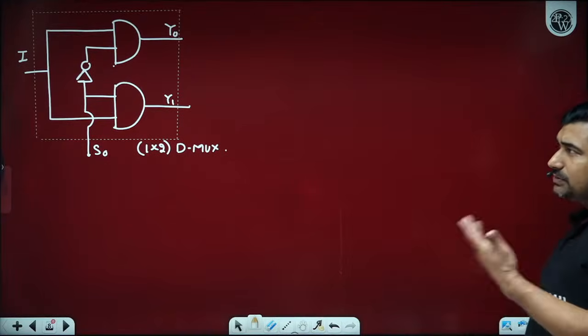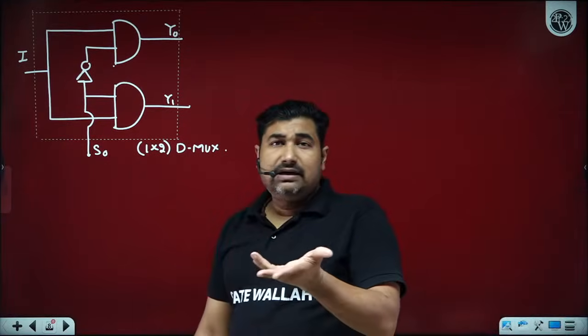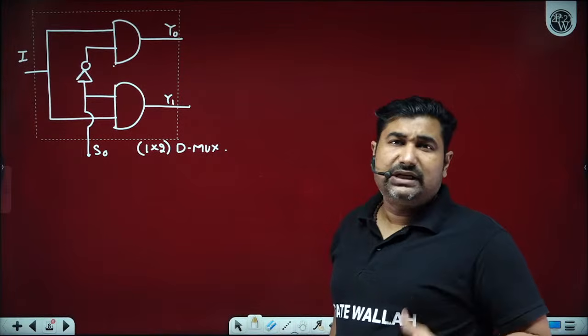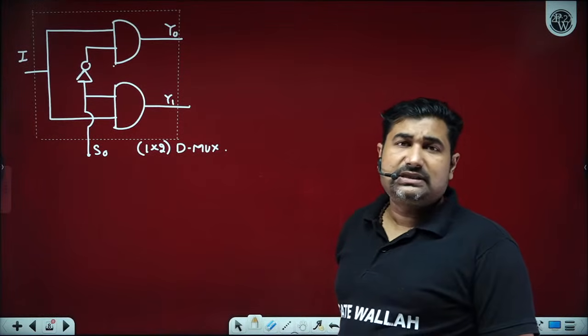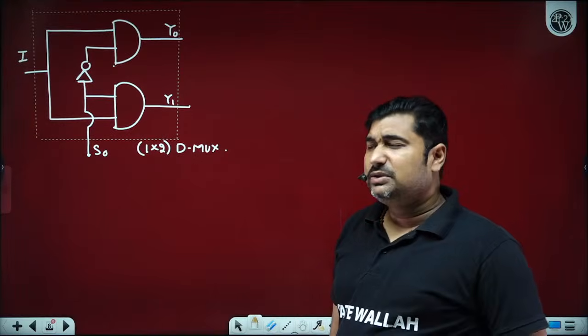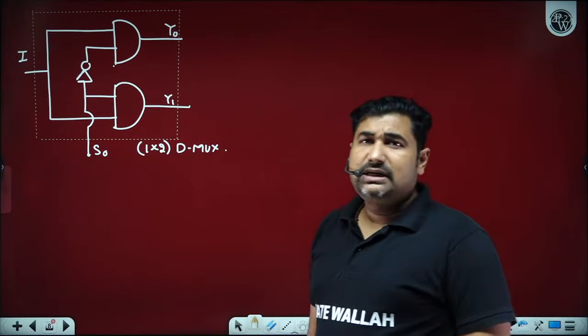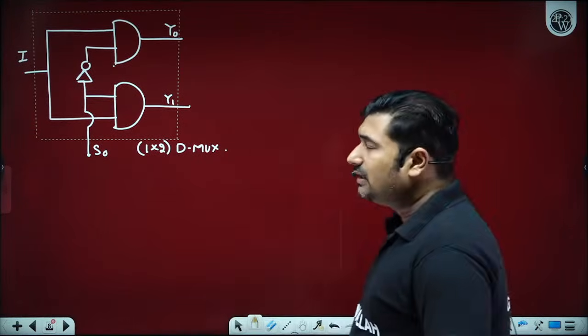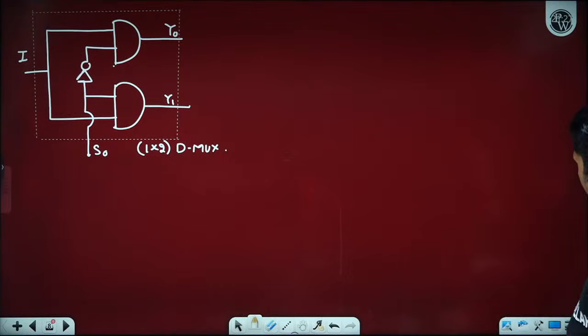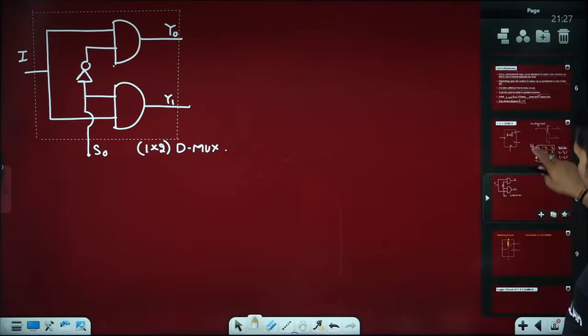Great, sir. If you observe, a demultiplexer contains AND gates. It is similar to the decoder. The circuit of a demultiplexer and decoder is almost exactly the same, but they operate in a different way. We will talk about that.